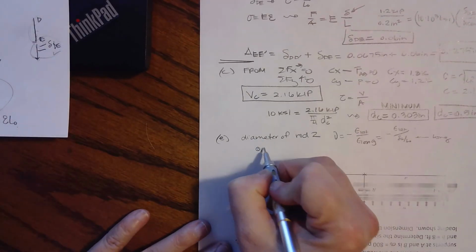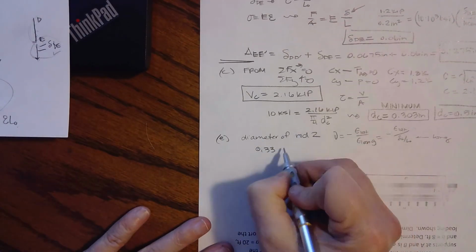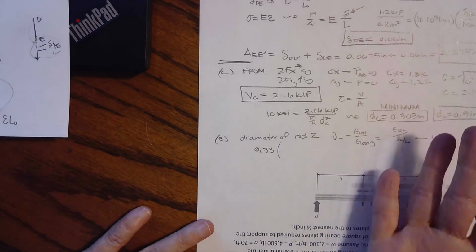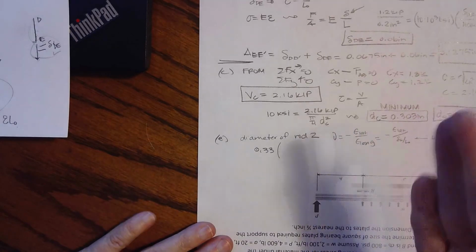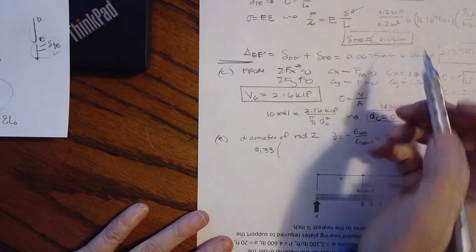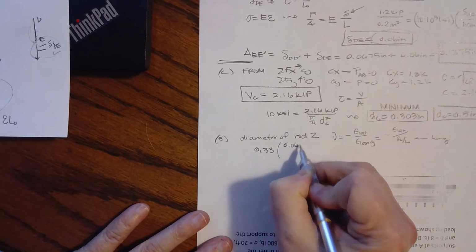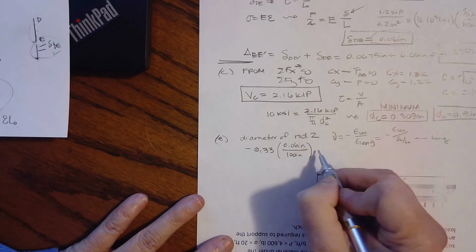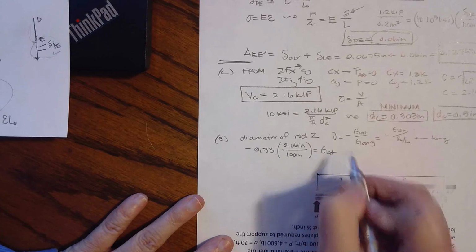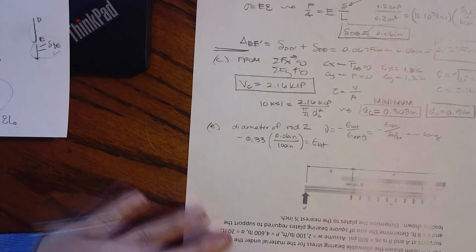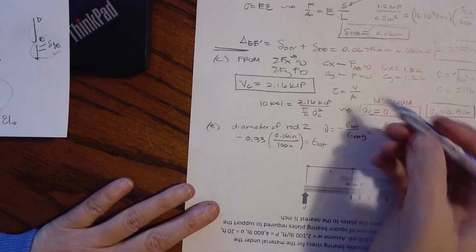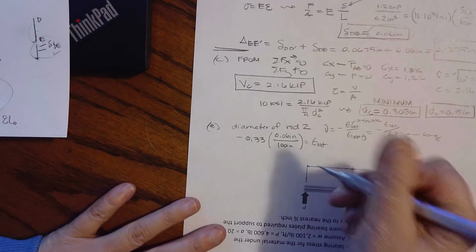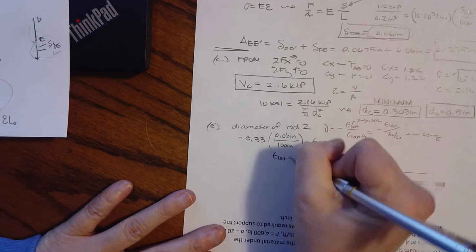So I have 0.33 times our longitudinal strain, which is change in length over length, 0.06 inches over 100 inches, negative, equals that lateral strain, which is going to come back to our diameter. Remember, lateral is the cross section here. So that lateral strain is negative